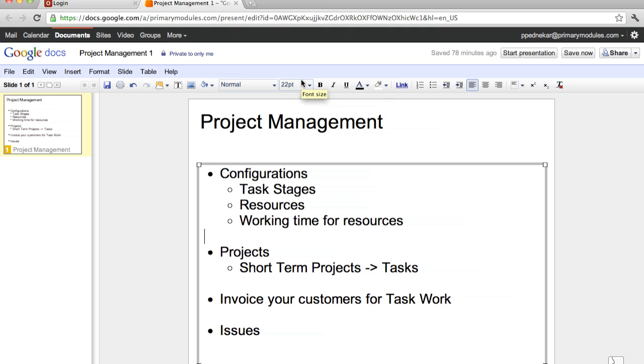Project management is planning of your projects and tracking the progress on each of the projects. Both short-term and long-term projects can be managed using our ERP system. Short-term projects are managed by dividing the project into a number of tasks, which are then assigned to users. However, long-term projects require long-term planning and therefore the projects are further divided into phases which in turn will have